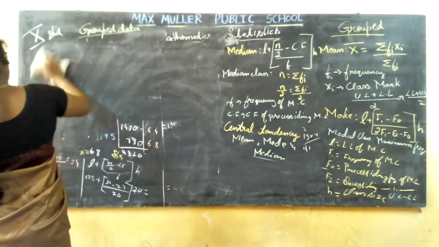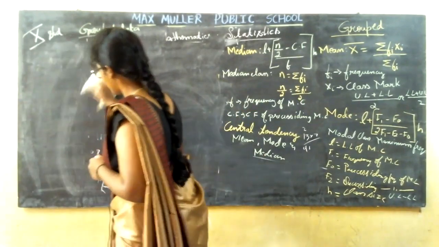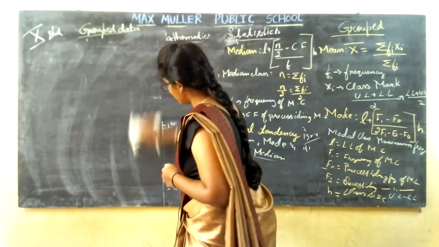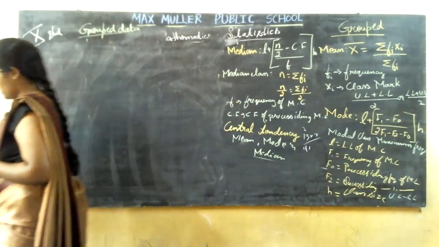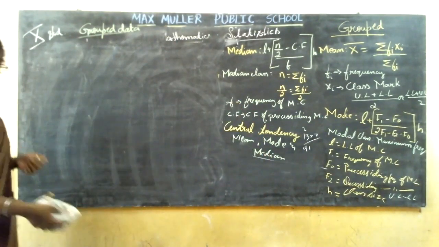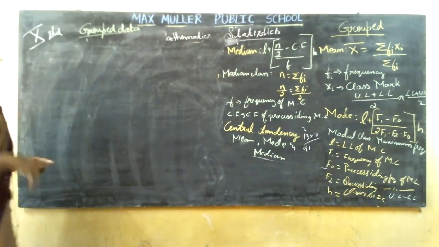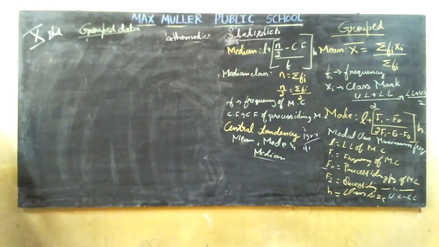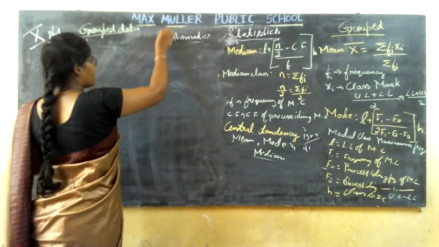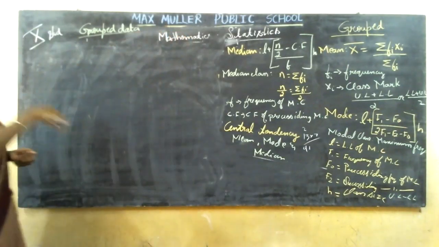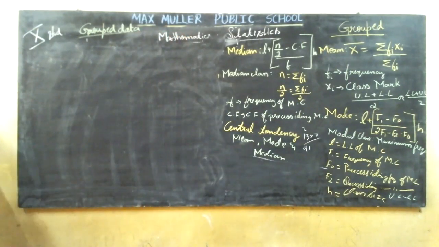Since it is a multiple choice question, the answers will be there itself. So find the answer. If there is a point mistake, then it's okay. If all the four options are of the same number and have minute differences in the points, then you need to find it exactly. If they are different numbers and you have the answer near to the number you get, then it is fine.